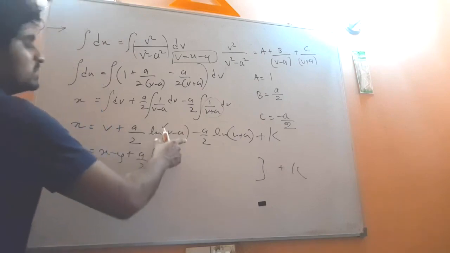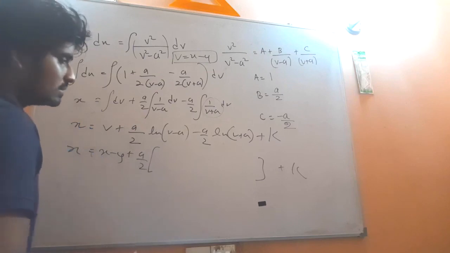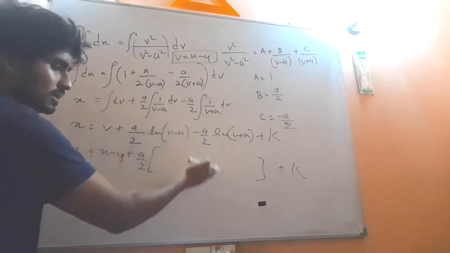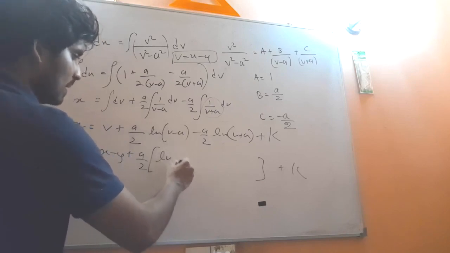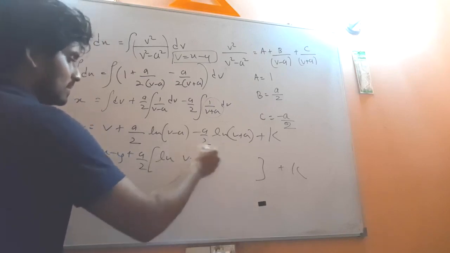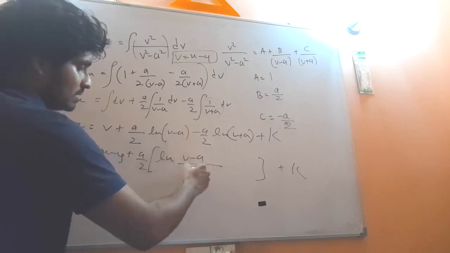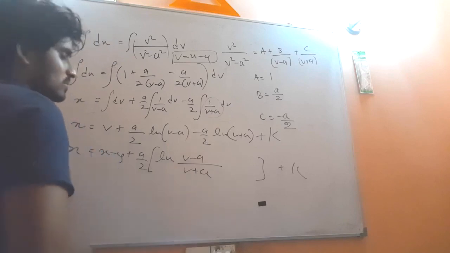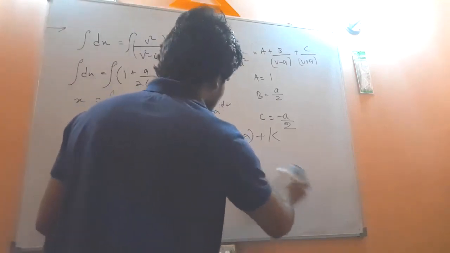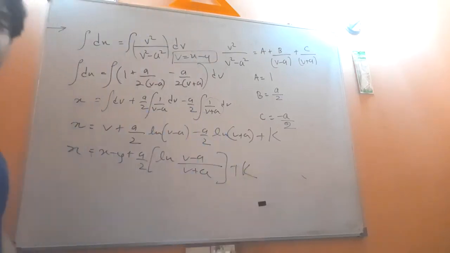The terms with the positive coefficient you can keep in the numerator. The terms with the negative coefficient you can put to the denominator. So that means the answer for this is ln v minus a at upstairs because of the positive coefficient. Because of the negative coefficient, you have to put v plus a at downstairs, right? So we don't need this much of a lengthy bracket, right? Okay, you got it.